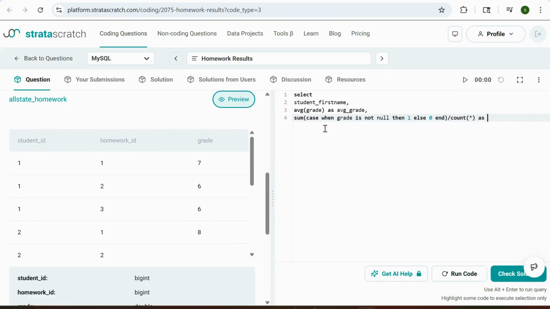as completion percentage, and it has to be multiplied with the 1.0 so that you get the decimal points as well. And to convert it into percentage, I'm going to multiply this with 100. And how many brackets are there? One, two. So I'll just put one over here as well to make the numerator as floating point. From all state homework